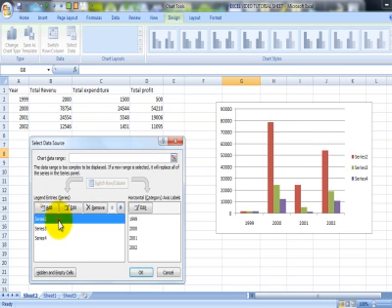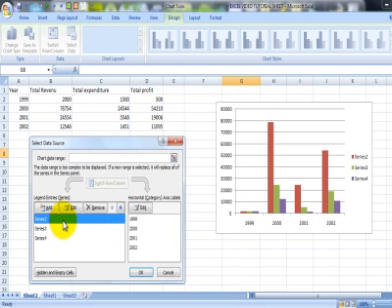Now we are left with series 2. Series 2 can be our total revenue, then series 3 is our total expenditure, and series 4 is for profit. These series names are coming just because of the sequential columns A, B, C and D, so you can remove the first one that represents the year, because we have already represented our years here at the bottom.